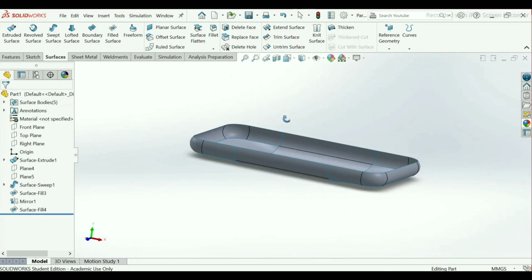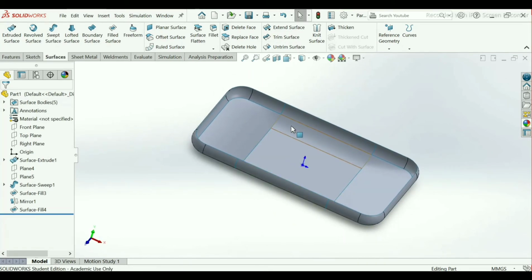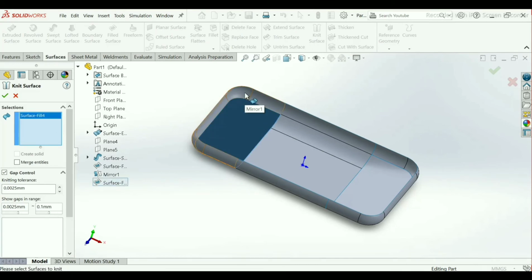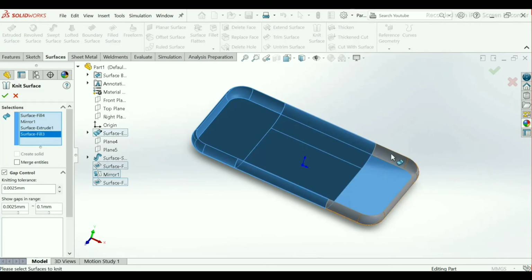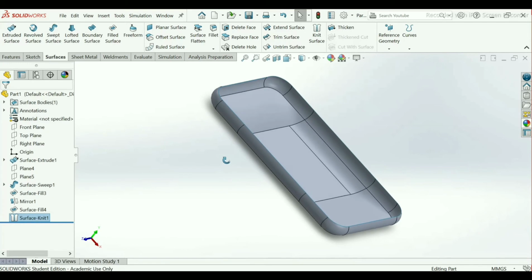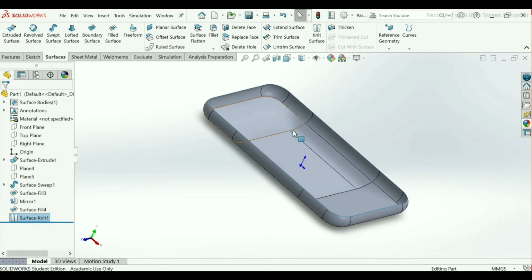Now our model has been almost completed. Only two commands are left that we have to give. Take knit surface from surface commands. Select all the bodies so that we will make it all combine. Click on OK. Now all the surfaces are now in combined shape.